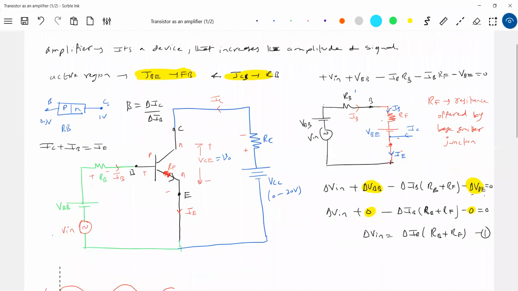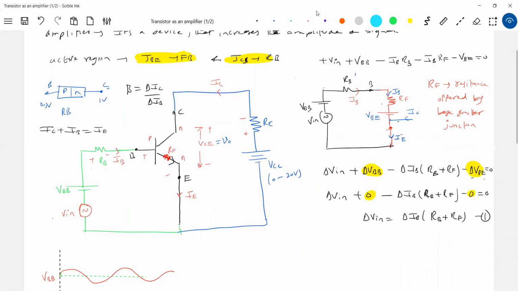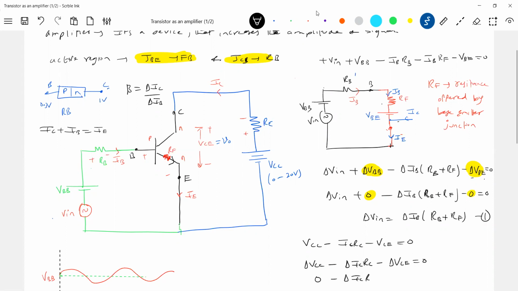Okay, let's write the loop equation for that. So I think the concept is over. Almost 99% got over now. Minus ICRC minus VC equal to 0. This is a constant. Okay, let's differentiate: delta ICRC minus delta VC equals 0. This will be a constant, 0. Better to write small letters after differentiating, to indicate it's a changing quantity, equal to 0.